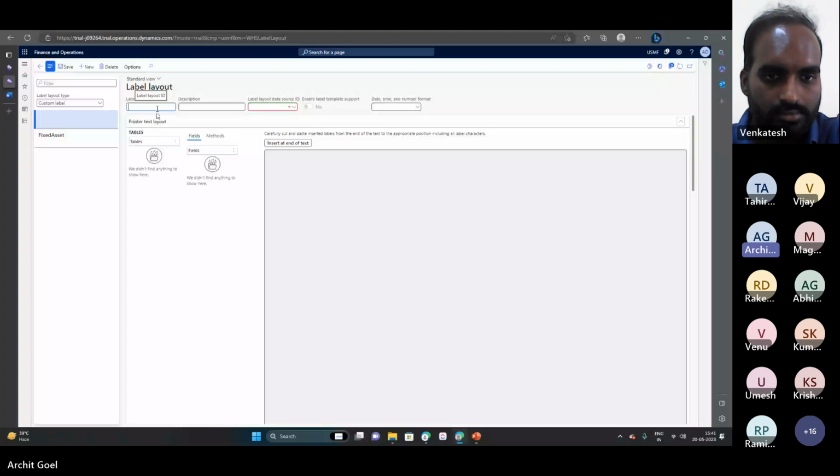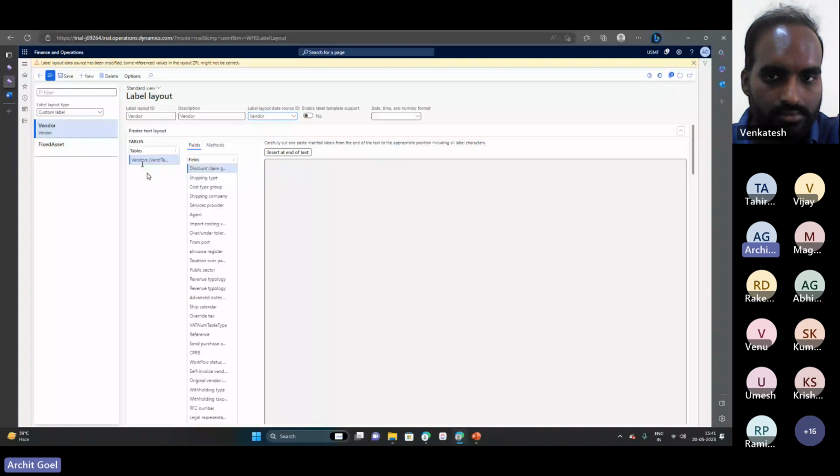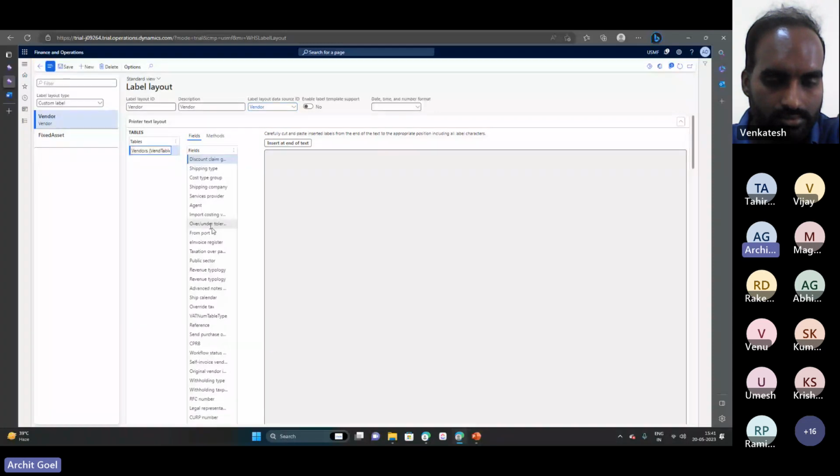Select the layout which I have created. Once I've selected the layout, in the vendor table all the records will be appearing here. So I can select any of the records, and whatever I want to include in the label printing I can